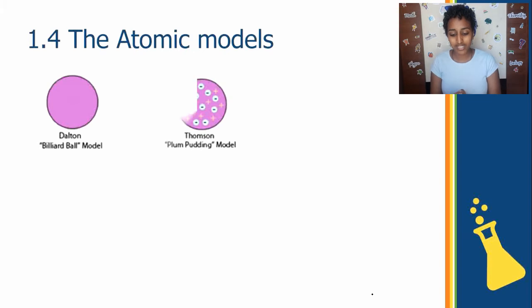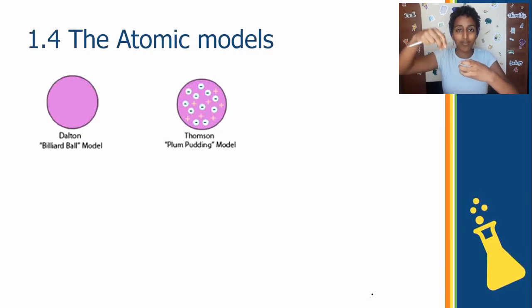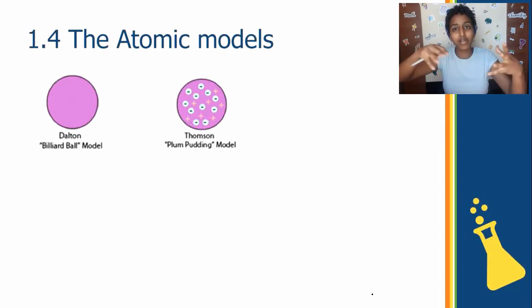So did J.J. Thomson, and he came up with the second atomic model. This atomic model he called the plum pudding model because I guess it's some British thing, where you have your pudding, and inside the pudding you have plums. He thought of it as the pudding being the atom, and plums being the subatomic particles, or the positive and negatively charged particles just floating around inside the pudding, in a sense.